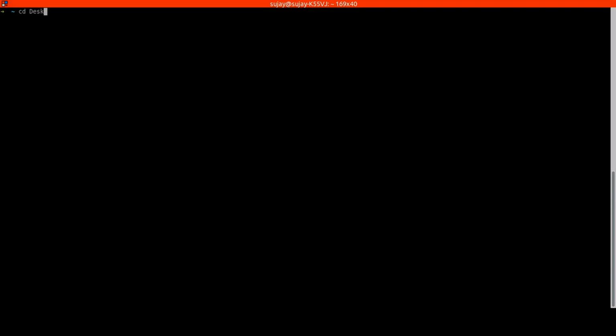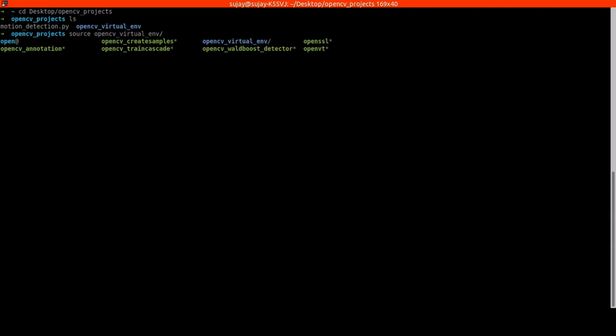So we will go to desktop and OpenCV projects. So here we have already created a virtual environment called OpenCV virtual environment. So let us activate that. So now with that we have activated our virtual environment, let us see what all applications or modules are installed in this virtual environment.